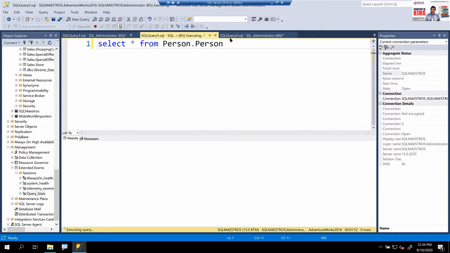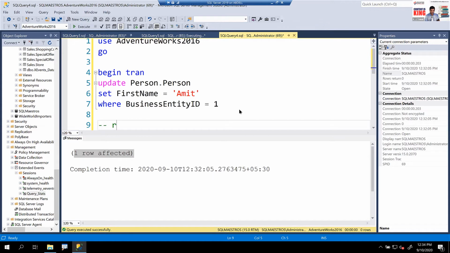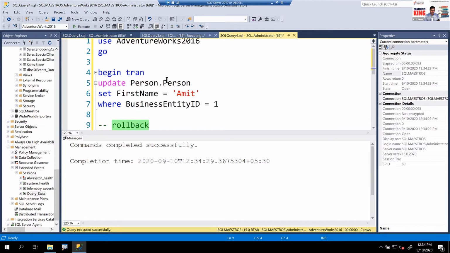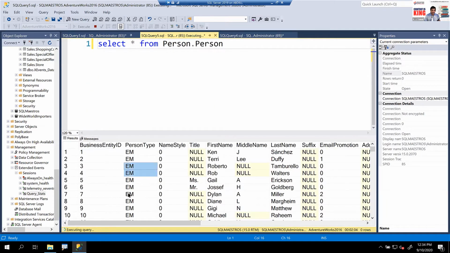So let's do something. Let's go and roll back this for the time being. And this will of course go through and you get the output. Now this took about 2 minutes to run, and you know why, because of a simple blocking and locking scenario. The idea of this demo is not to show you a simple locking and blocking scenario.